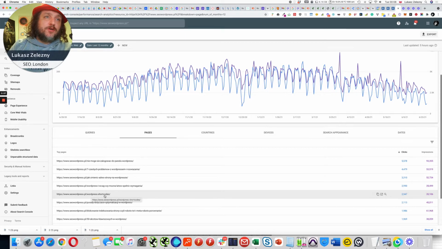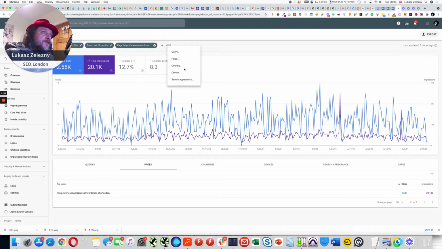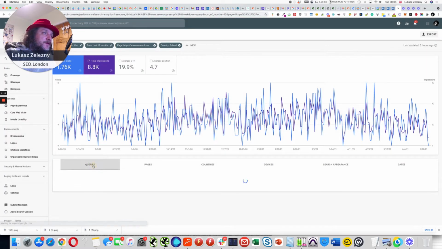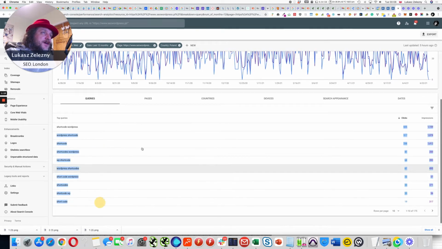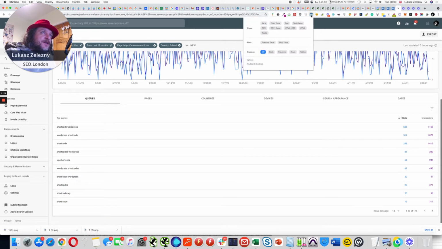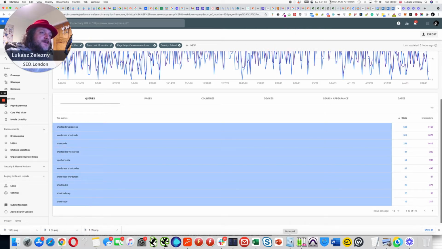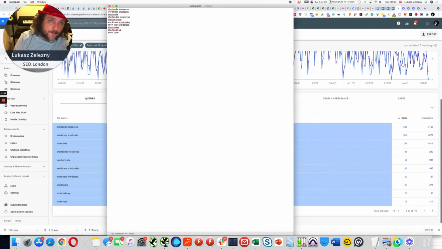Here is WordPress shortcodes. I can go here with the last 12 months, maybe 6 sometimes, depends. I can also narrow this to Poland if I really want to have this accurately. And I'm going to queries and take a look. These are the best performing 10 queries that I could export, or I have here a plugin called Copy Table, and I can copy this like that, and voila, I have part of my benchmark done.